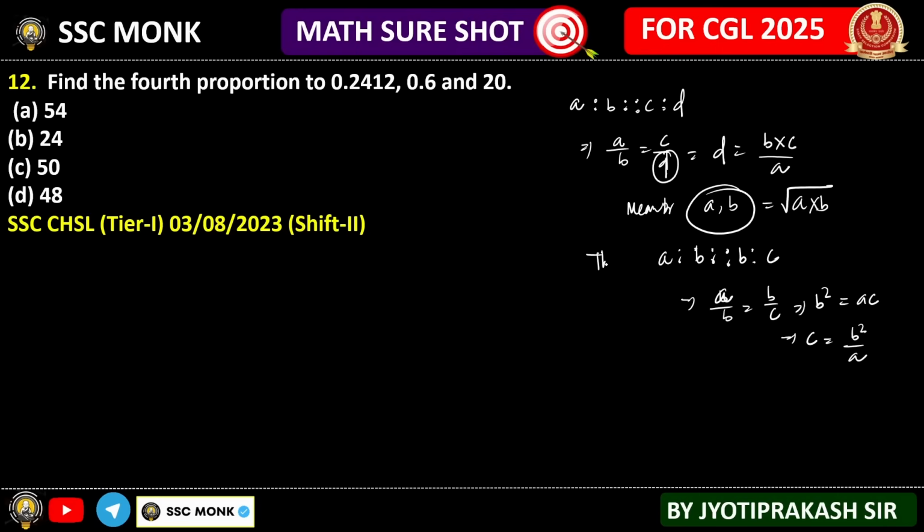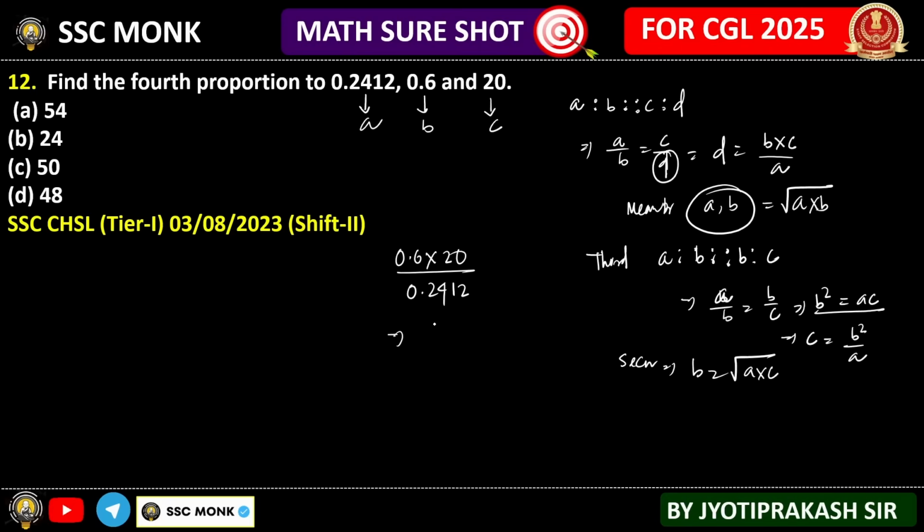Now if it talks about second proportional, it can be written as A is to B is to C, same as here. So for second proportional I can directly write B square is equal to AC. So B value is equal to the square root of A and C. Clear? So this is how you should remember. These are direct questions. So fourth proportional means, this is my A, this is my B, this is my C. So D is equal to B into C divided by A.